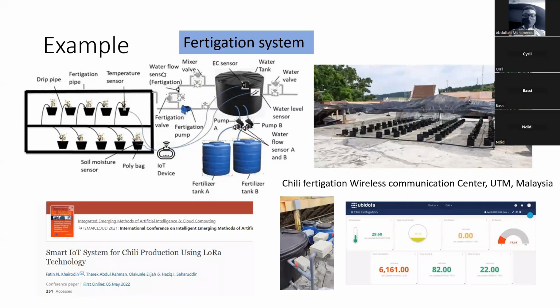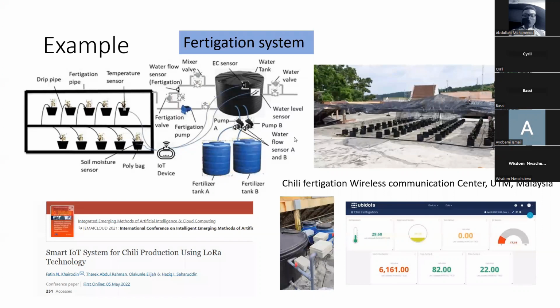So this is the complete system architecture. So we have 2 tanks here for fertilizer A, fertilizer B. Then we have the water tank. So from there, we're able to develop an IoT device that automatically controls the irrigation or fertigation process. And at the same time, it monitors our soil, monitors the environment, the temperature, and things like that. Then from there, it's able to release some water or fertilizers to the plants. So that's the project. It was a successful project,